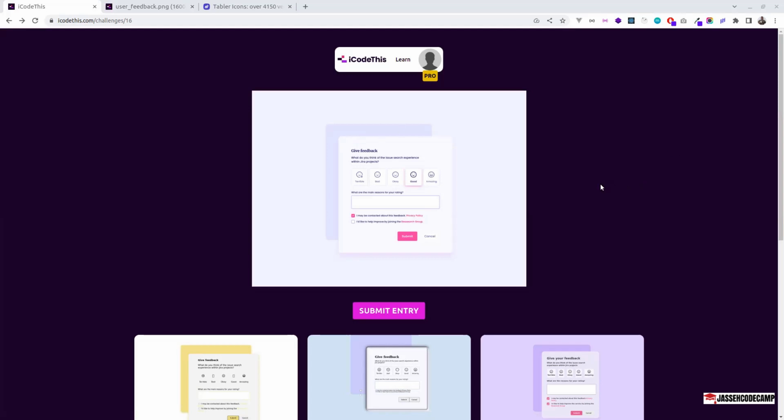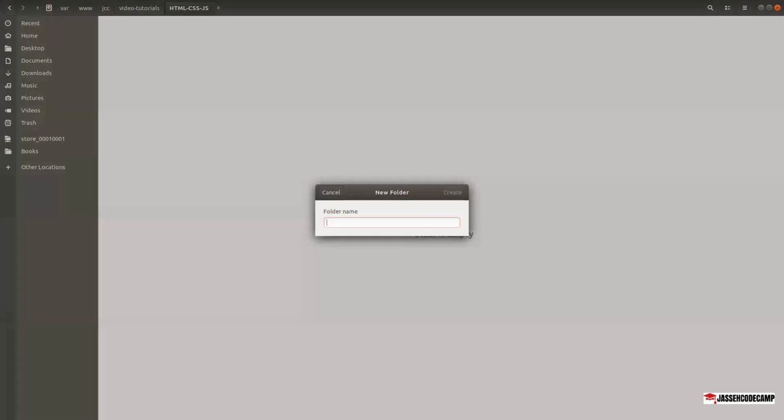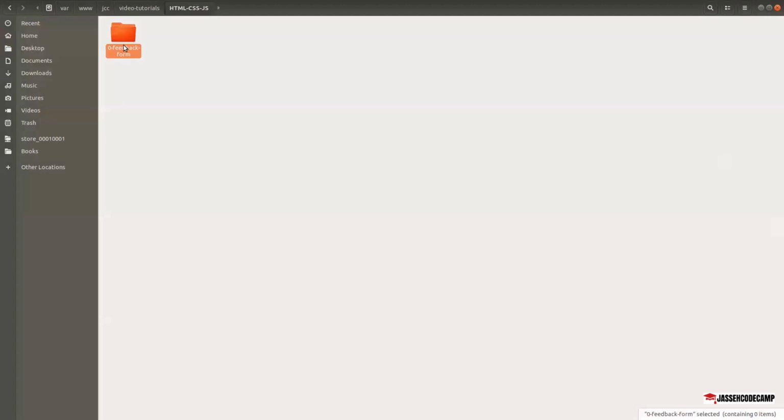Yeah, so now I'm gonna get to my local editor. I have this folder already created for my video tutorials. So I'm gonna open this thing in VS Code, but before doing that, I think I can just open this thing and create a new folder here. So I'm gonna call this thing basically zero. The computer start counting from zero. So I'm also gonna start counting from zero. So I'm gonna call this thing feedback form like that, and then I think you can now open this thing